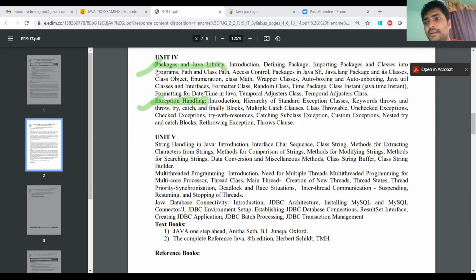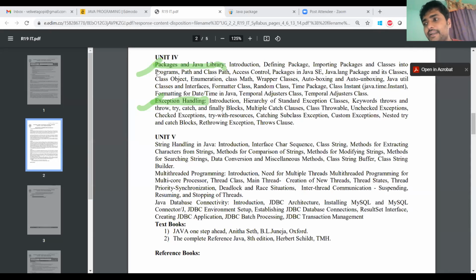We have nearly 200 predefined packages in Java, and if you want, you can create your own package also. We will see that in the next class. Then after packages, we will see exception handling.